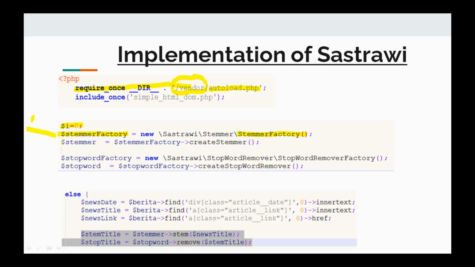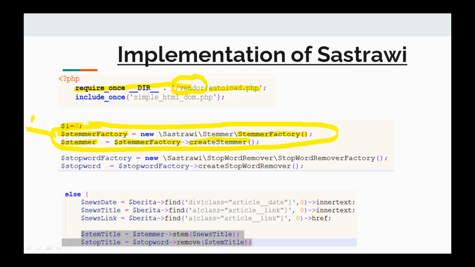After that, create a $stemmer variable to access the stemmer method, creating the stemmer from the stemmer factory variable stored in the stemmer factory. This step is useful for the stemming process.